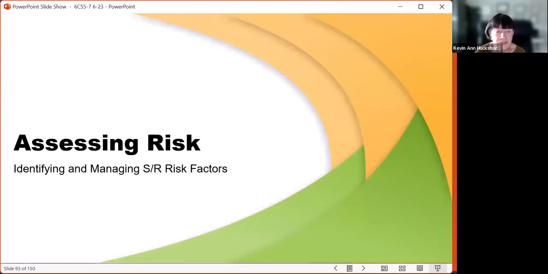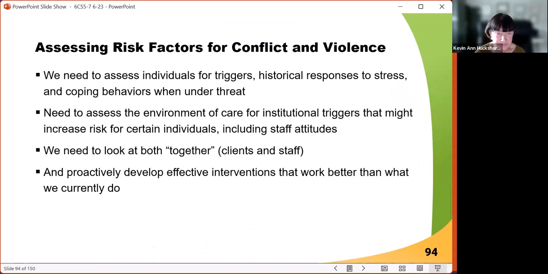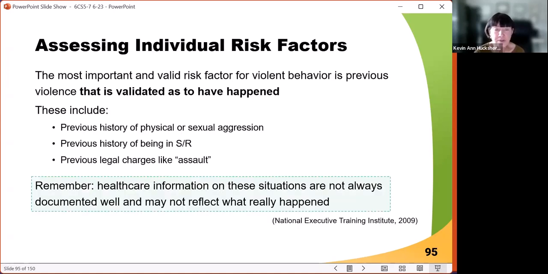So when we start to talk about assessing risk, we want to look at risk factors for conflict and violence. And we need to look at this together with our colleagues, because together we have a much better chance to identify risk factors than if we're doing that by ourselves. Next slide. The most important and valid risk factor for violent behavior is previous violence that that person perpetrated that